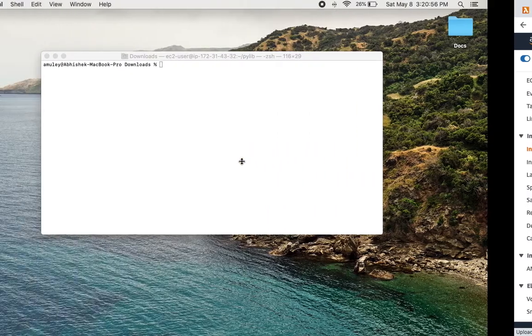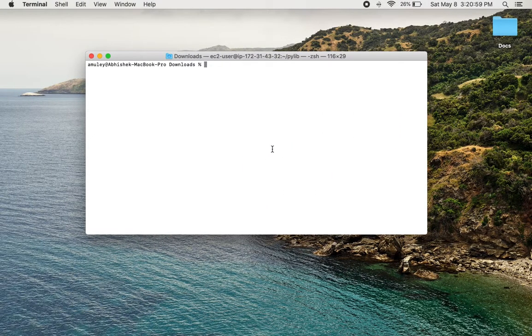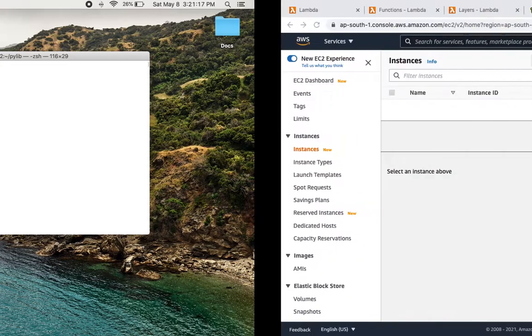Okay, so while the instance is getting launched, let's go to our terminal and change the permission of our key. Okay, now we'll log on to the EC2 instance.